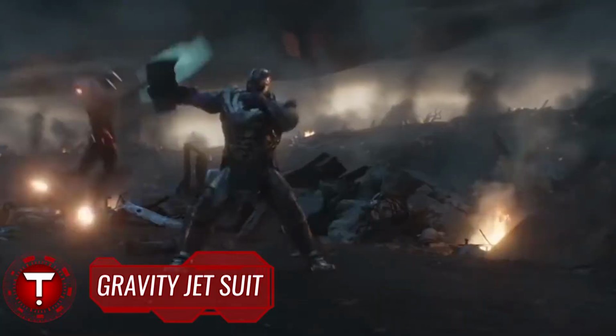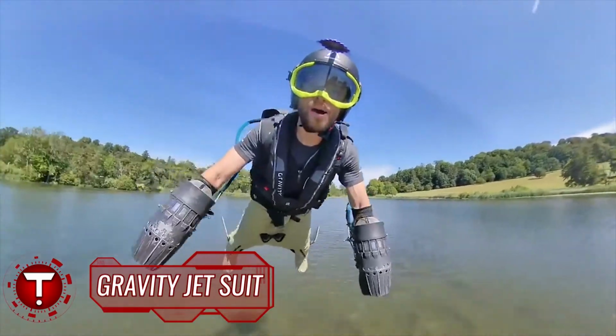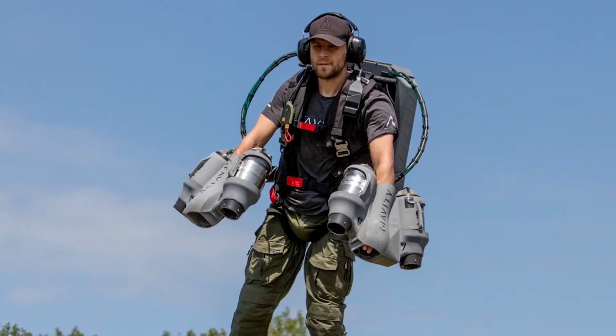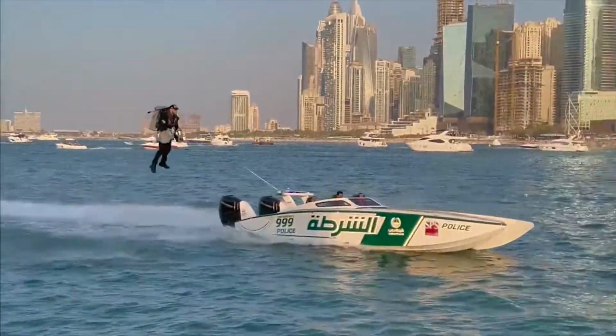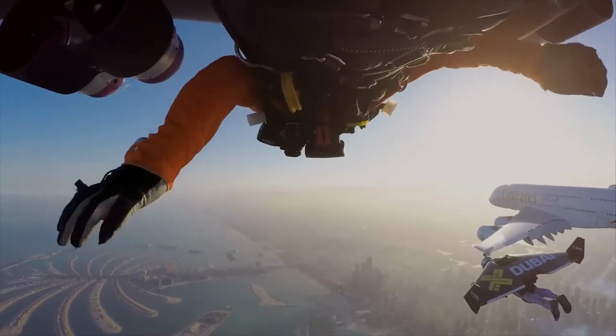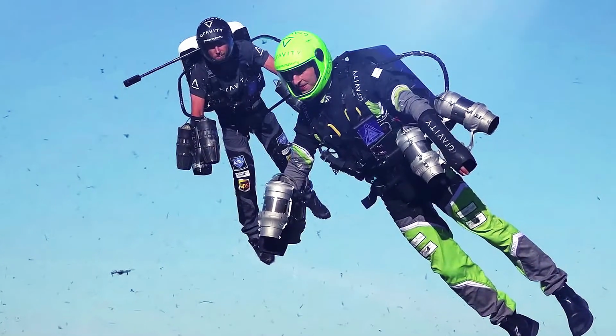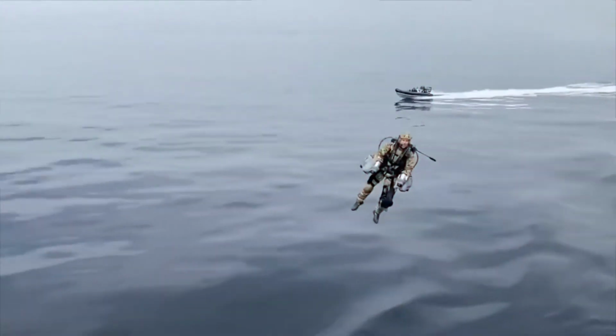Gravity Jet Suit. If you're planning to join the Avengers in their fight against Thanos, you're going to want to get your hands on this suit. Created by Gravity Industries, the 1,050 horsepower system uses 5 mini-jet engines to help users soar through the sky at 80 kilometers per hour. With hundreds of test flight events under the belt, Gravity's technology has proven itself time and